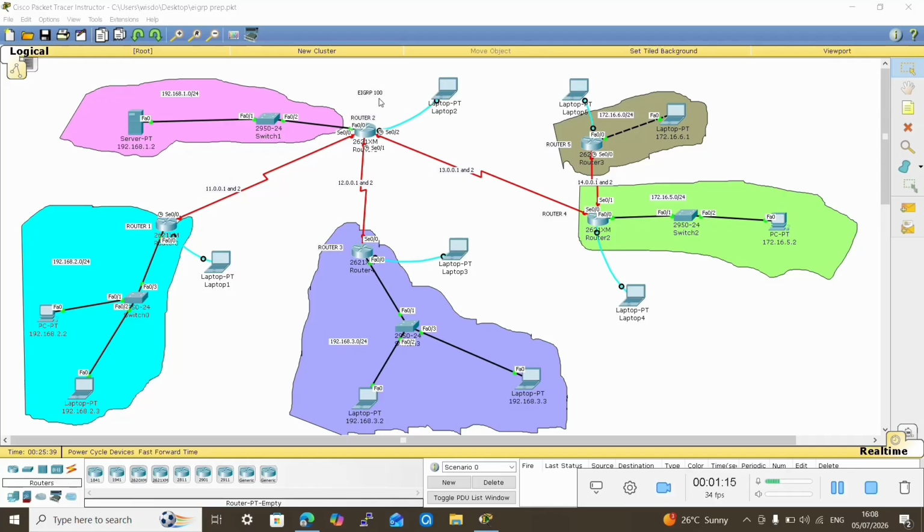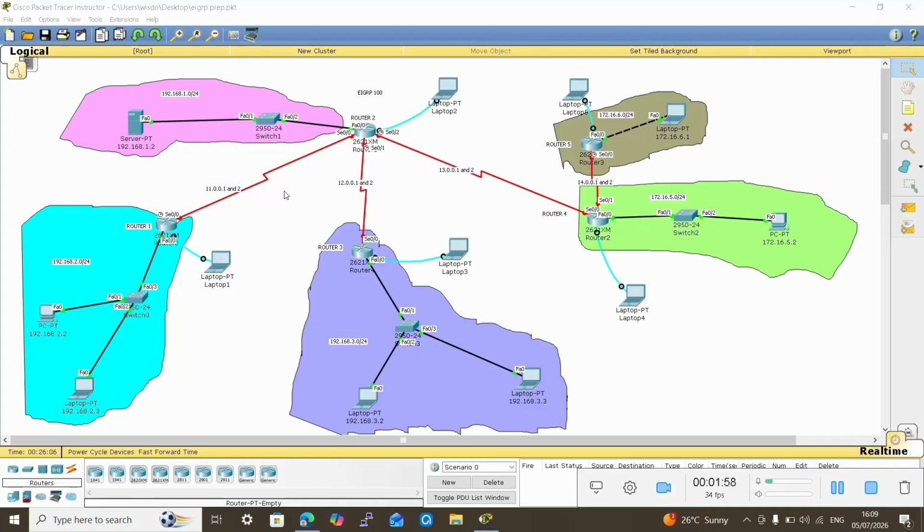when configuring EIGRP, because if the autonomous system number, which is sometimes referred to as AS number, is different between your networks, they will not see each other as neighbors, so they will not be able to communicate. So any number you are using in your network, make sure it is the same in all of the subnetworks, the LANs and the WANs. The number does not have to be 100. There is a wide range. It can range from 1 to 65,535. It can be any number, but just make sure that you use the same number for all of your